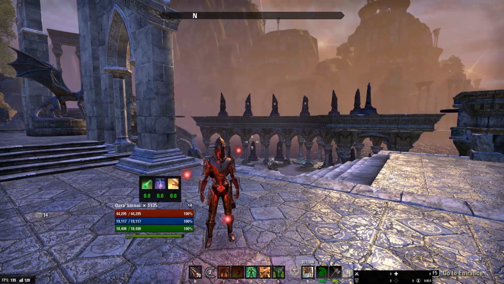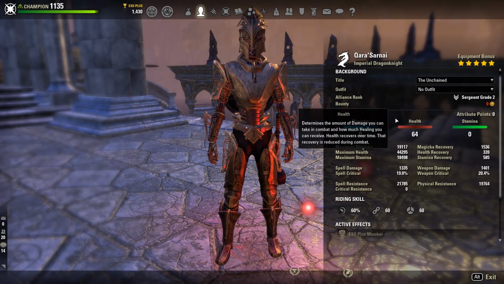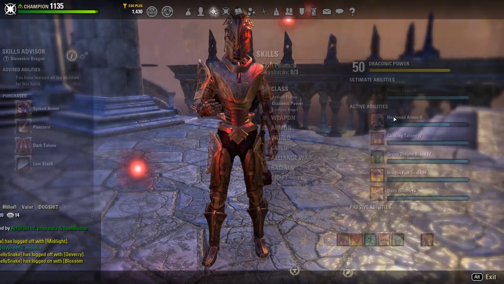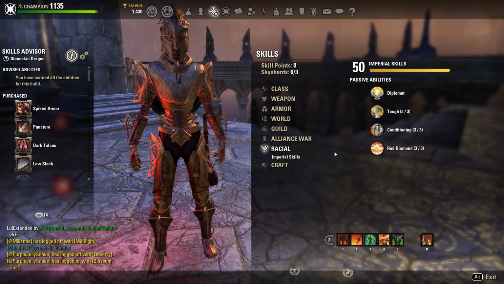So to start off with, yes, the race is Imperial. Do you have to be Imperial? No, you don't have to be Imperial. Lots of people say as long as you know how to do content and so on, race doesn't really matter. It is true, race doesn't really matter to a certain extent, but certain race stats do help, and I always prefer Imperial for things like VDSA, and in this case for Blackrose Prison,